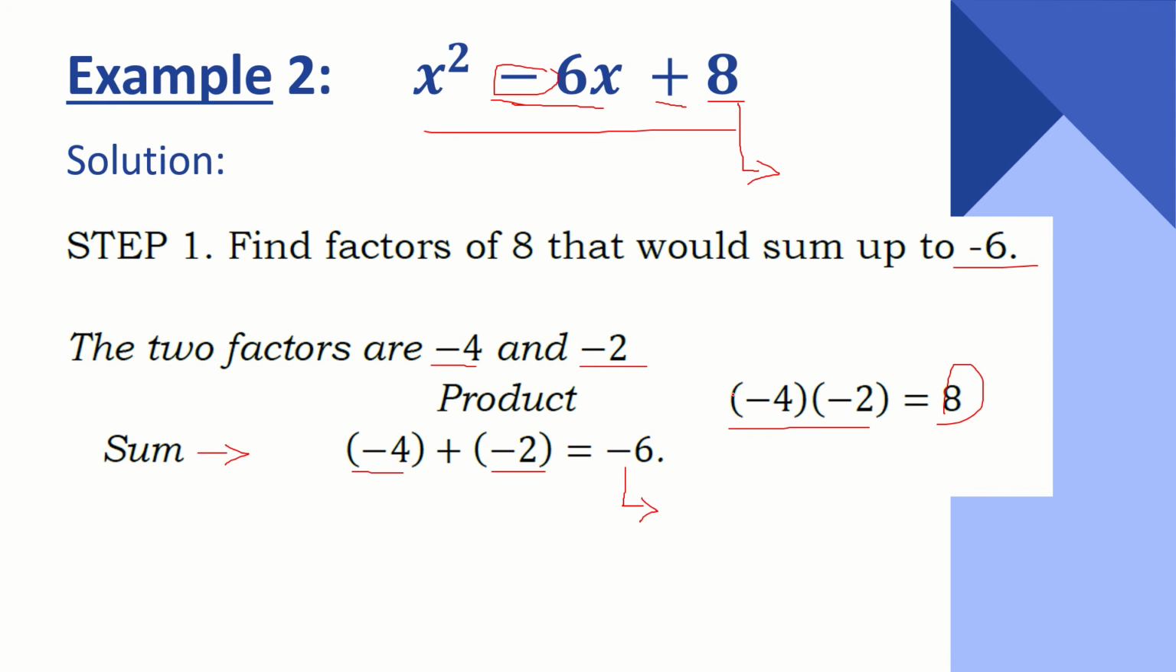So, pangitaon ni mo first ang factor ni 8 nga mo would sum up to negative 6. So, we have two factors. We have negative 4 and negative 2. So, let's check kung tama by adding it. So, negative 4 plus negative 2 is equal to negative 6. Now,